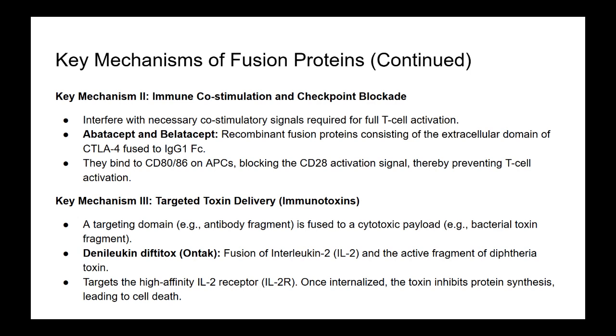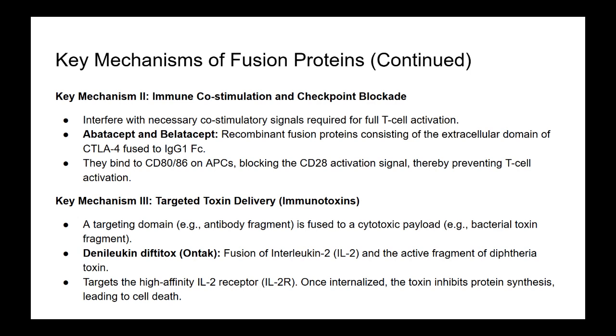The second major mechanism involves targeted immunosuppression, specifically through immune co-stimulation blockade. Blocking that critical signal we talked about for T-cell activation. Exactly. This is a beautiful example of using an engineered biologic to achieve a very subtle but profound immunomodulatory effect. Consider abatacept, another drug used for autoimmune diseases like rheumatoid arthritis. Abatacept is an engineered fusion protein consisting of the extracellular domain of CTLA-4. Remember, CTLA-4 is normally an inhibitory receptor on T cells that binds to CD80/86, fused to an Fc domain.